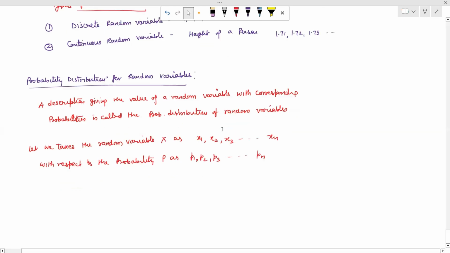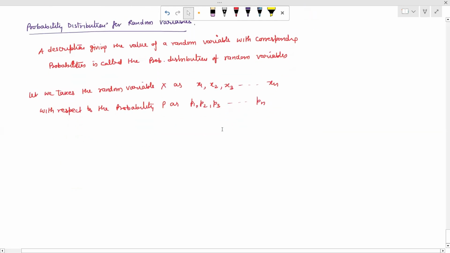So we have a random variable X and its probabilities. Then the probability distribution